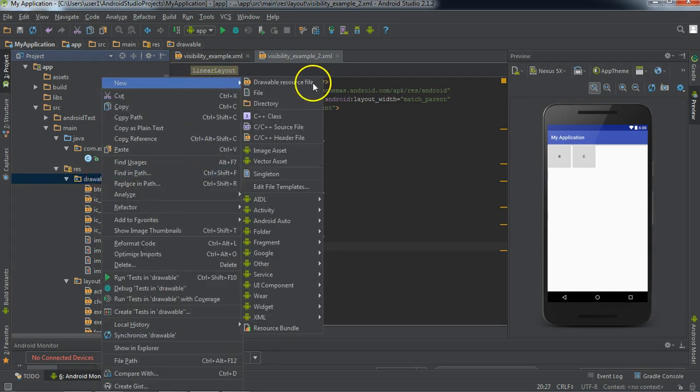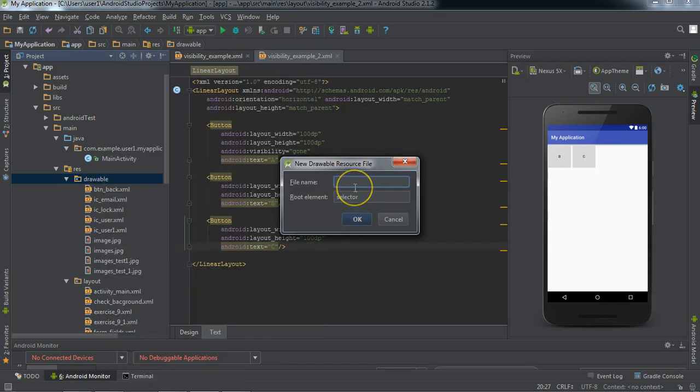So let's go to the drawable resource file under new. So click here. This is the file name that you can give, and this is the root element that you need to select. The root element that you can select is selector,